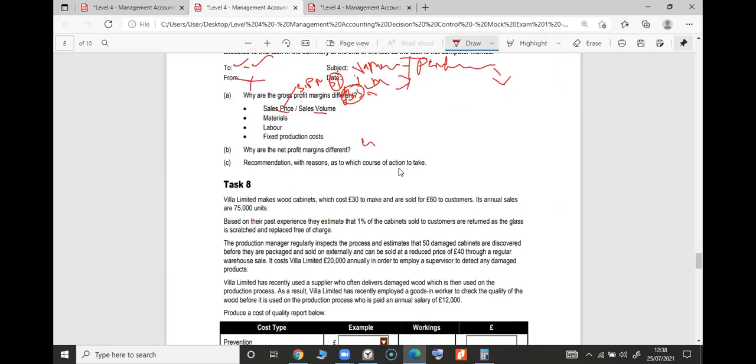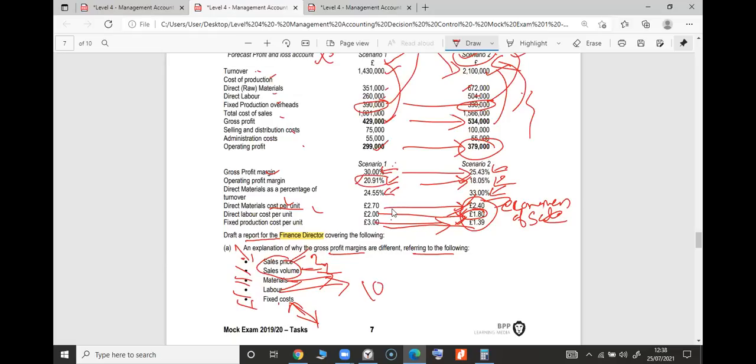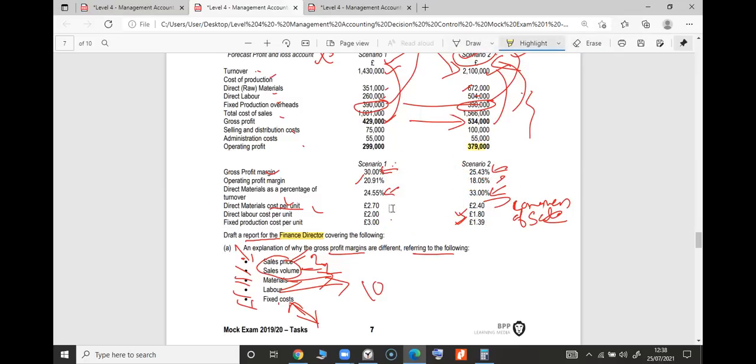Next question, for 4 marks or 3 marks, whatever it is: why are the net profit margins different? Of course, the net profit will be different, not just the percentage. The percentage is different, and the overall net profit is also different. You can talk about it different ways. At first, you can say the net profit figures are higher in scenario 2 compared to scenario 1. Why? Because we sold more. But when we look at the operating profit margin or net profit margin, scenario 1 is better compared to scenario 2. Why? One of you already gave me that answer: because of cost control or expenses. Expenses are higher in scenario 2.